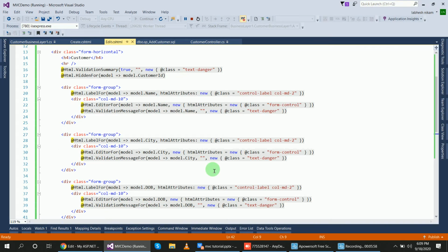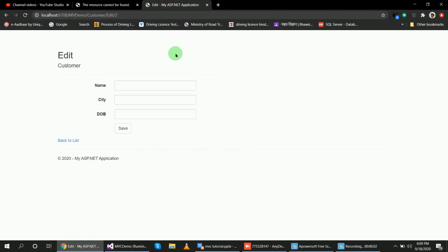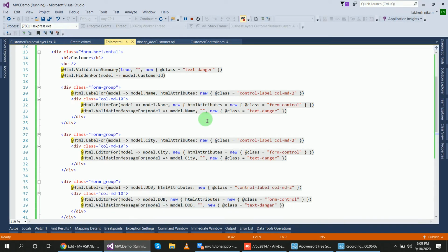Let's check. Before checking the problem, we will create a drop down here. For that I will edit the city with the HTML editor for a drop down list, and inside of this we'll create City.